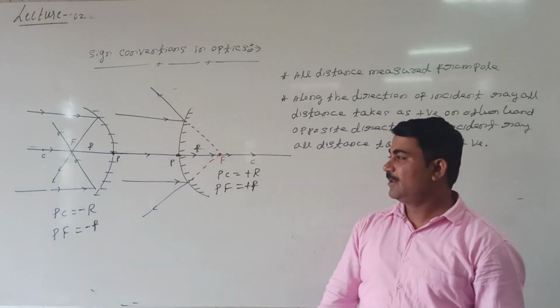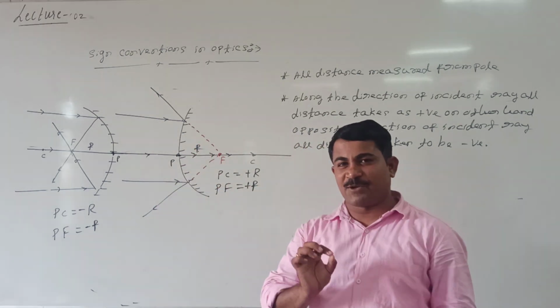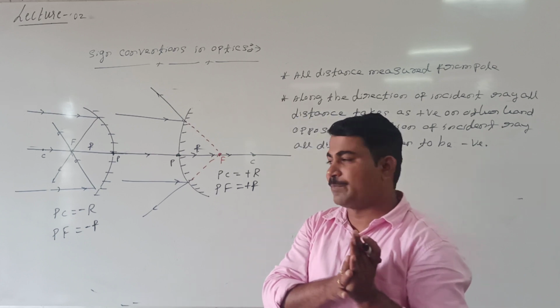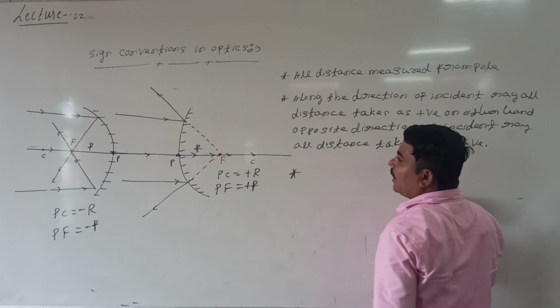What is the second point? Along the direction of the incident ray, all distances are taken to be positive. Opposite to the direction of the incident ray, all distances are taken to be negative. That is the second point. Third point, the third sign convention: